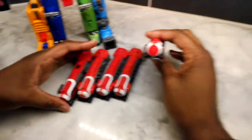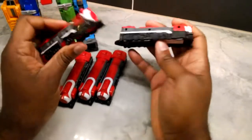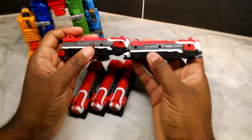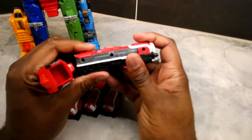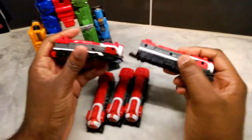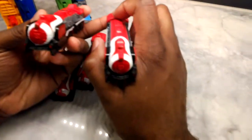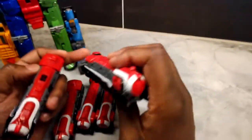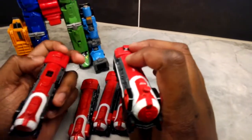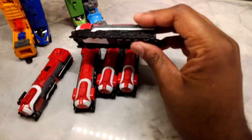exciting to me a little bit when I first got it because I was like, check this out. Just like the DX one, it has the paint details on the front. They went the extra mile there. On the side, it's got the white paint. Doesn't have the opening in the back. Doesn't fold, like I said. But for the most part, it seemed like they put the extra effort into it. Especially when you look here, it's got this random black window up here that even the DX doesn't have. None of these other guys have it. It's a nice touch, even if it does stand out a little bit, especially because it's not available on the